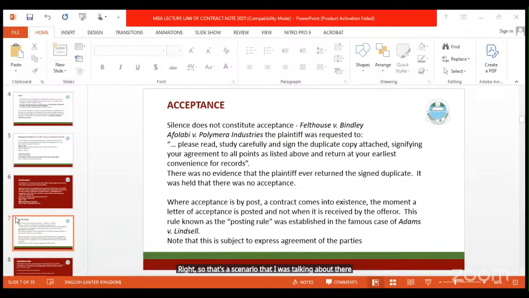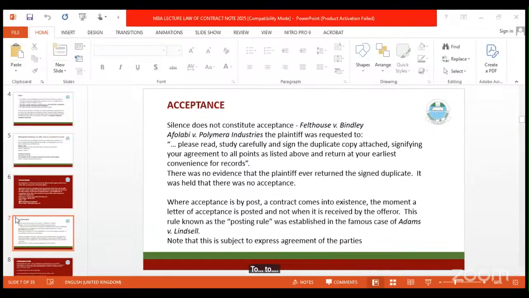So even if the price is on it, it's the customer that makes the offer. But you could just also see that, surprisingly, there are also cases that the court has heard that advertisement will also amount